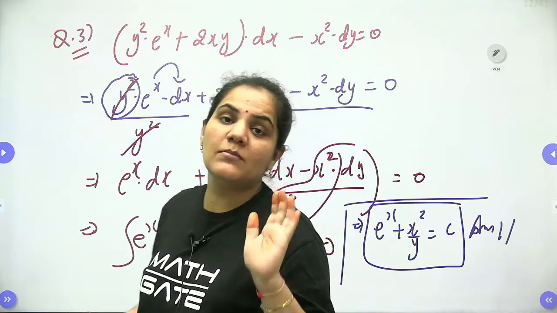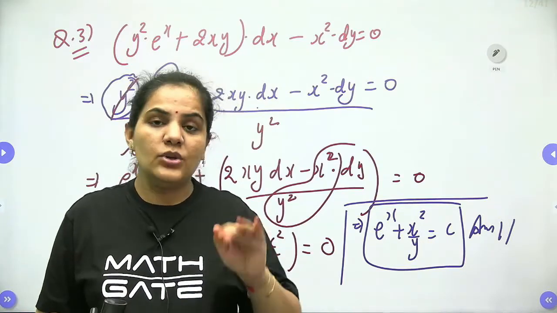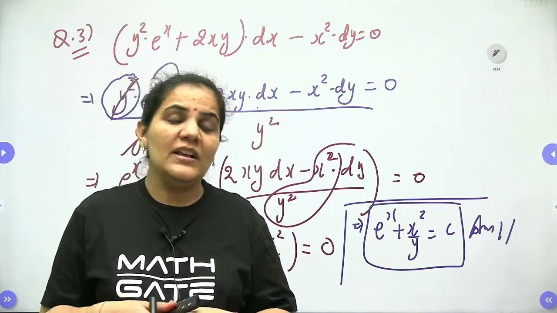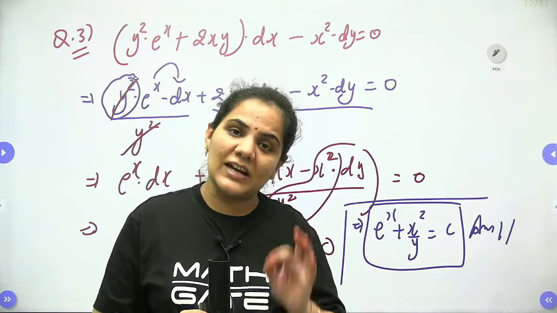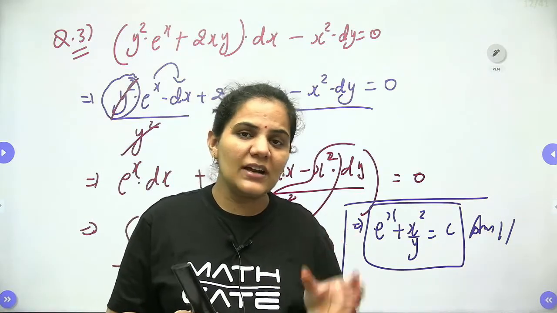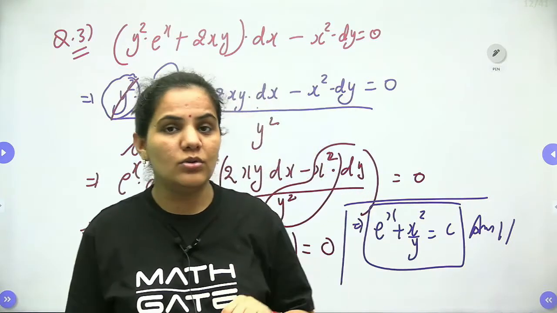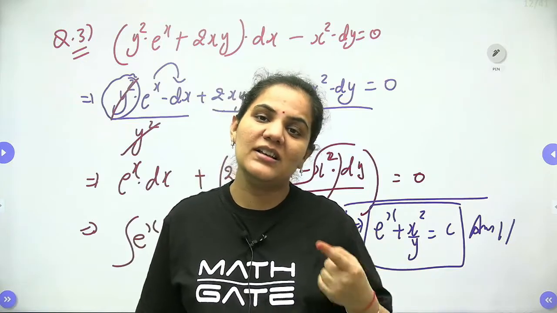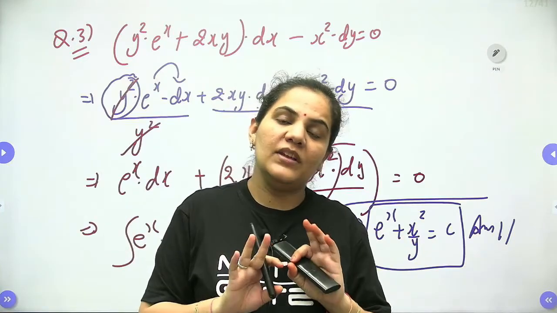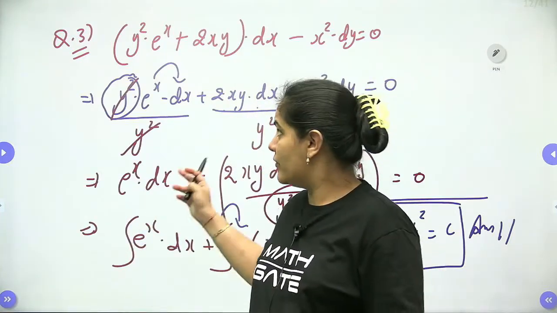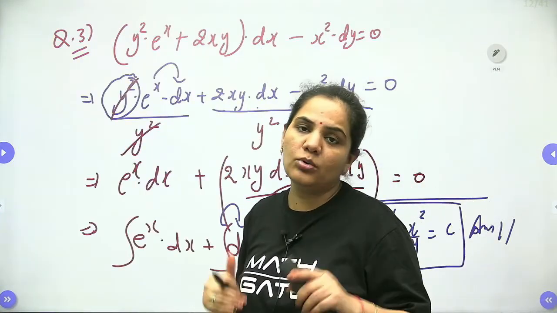So I think now you are feeling more comfortable with the inspection method, which is very simple to approach. You can make each and every form by yourself. It's not at all necessary that we have to go for these 10 forms only, but these 10 forms are frequently asked, very famous examples. But let me tell you one more thing: till now not a single question has been asked from the inspection method. But still if you want, you can go with this one. There is not at all any difficulty. So we discussed these 3 examples which are very simple and definitely boost your confidence.